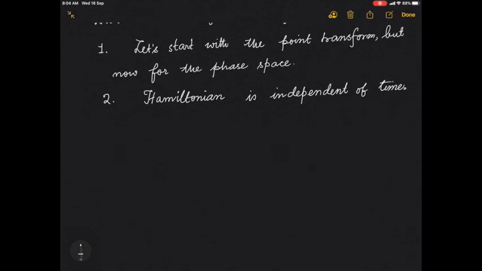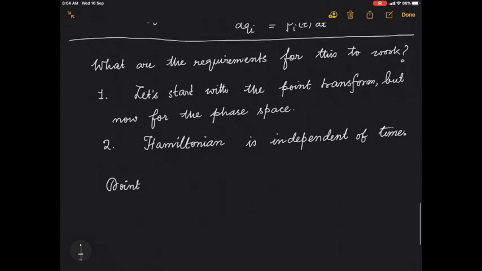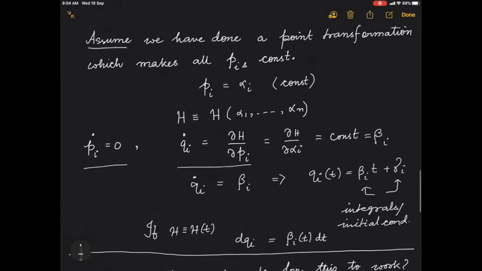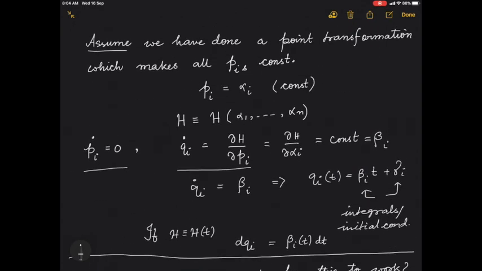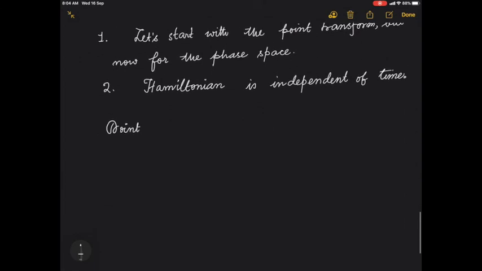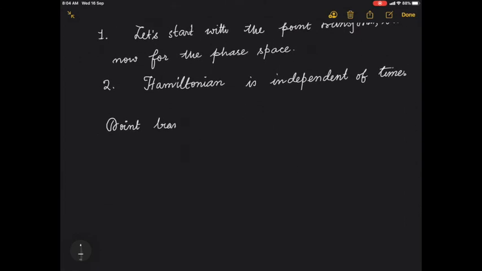Okay, now with these two, let's ask the question, what is the space in which we are doing the point transformation? So remember that the point transformation now, we are talking about the transformations in terms of the canonical equations, the Hamilton's equations. So the point transformation is on the phase space,